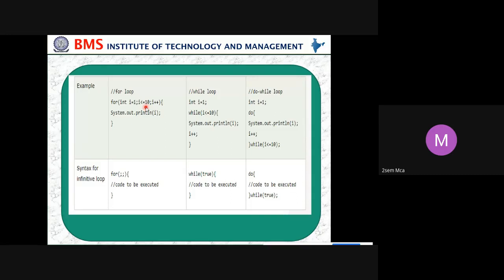Then do while, initialization is outside, condition is checked in the while, then increment. So that's what the while is. And do while, initialization, do at least executes one time, then checks the condition. This is the example for all the three. And the last syntax is for